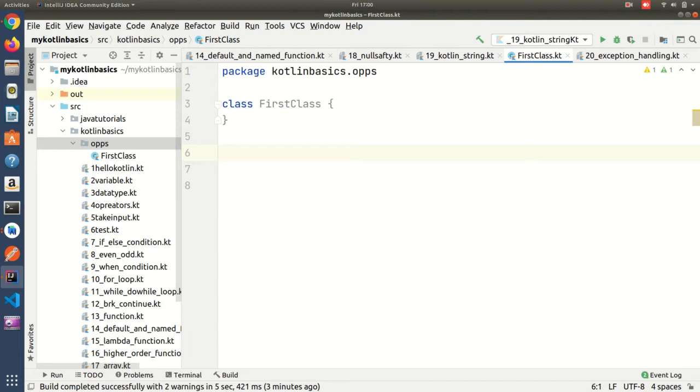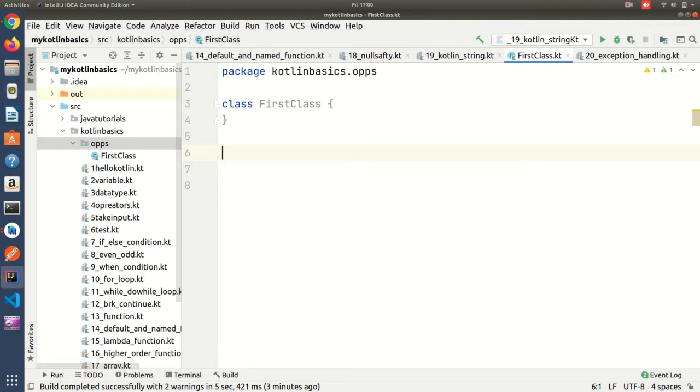What is an object? The definition: an entity having state and behavior is called an object. Suppose I am taking an example, mobile. Whatever things you can see on the earth, I think all are objects, like mobile, laptop, charger, animals, birds, everything is an object. An object has two characteristics, one is state, another is behavior.